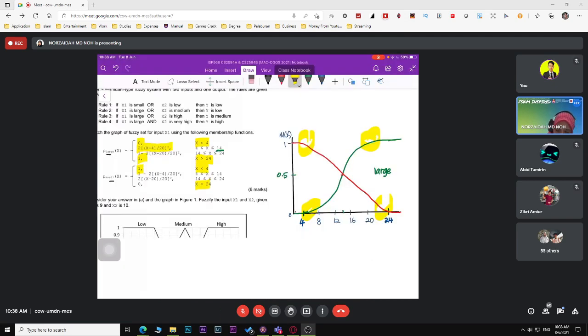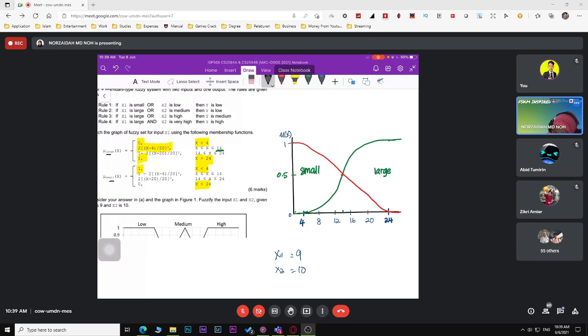Okay. Untuk X1 is 9, X2 is 10. So X1 sama dengan 9, X2 sama dengan 10. Tapi graf yang ni, sorry yang ni tak label tadi. This is for small. Okay, this is large. Okay. Now, kita nak kira what is the mu for X1 is small and what is mu for X1 is